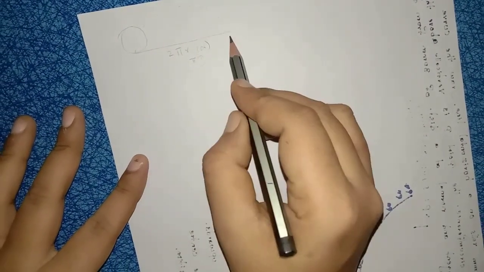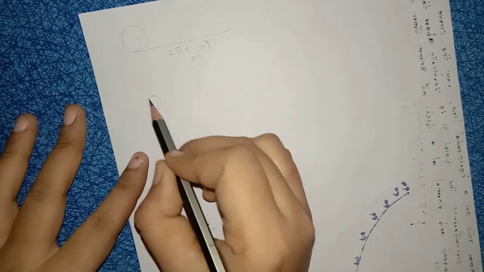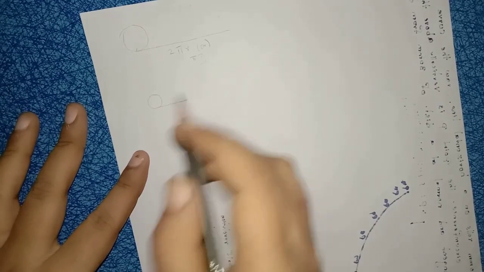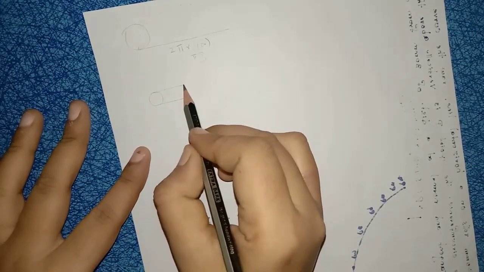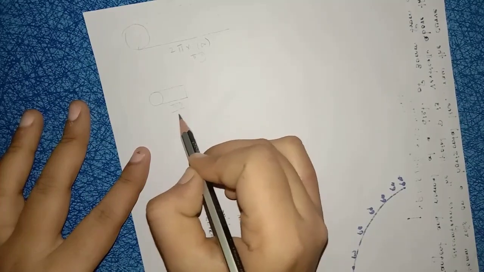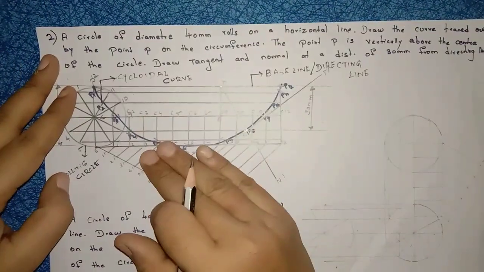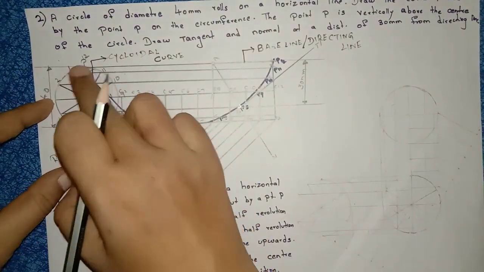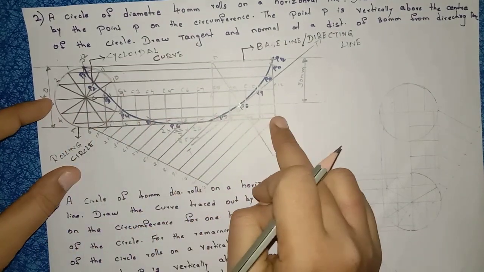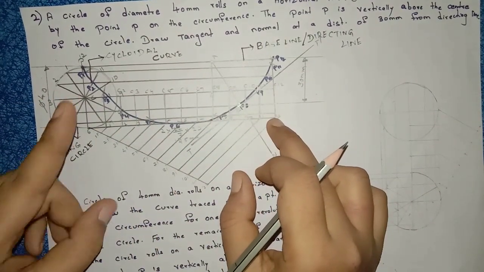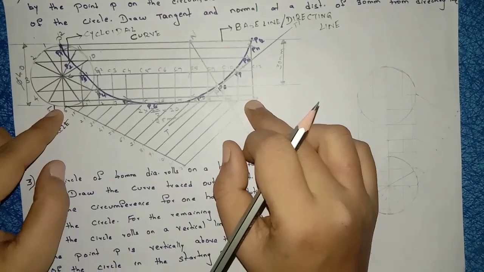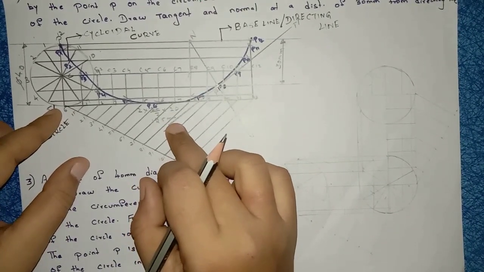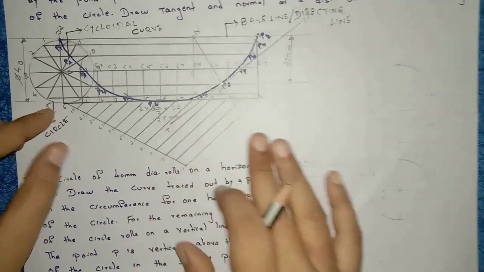That is for one complete revolution. Suppose a circle is rolling for only half a revolution, not a complete revolution. Then you have to take pi d by 2. In the second problem, the circle rolls along a straight line without slipping for one complete revolution, so we draw a straight line equal to 2 pi r or pi d. Now let us see the third one.